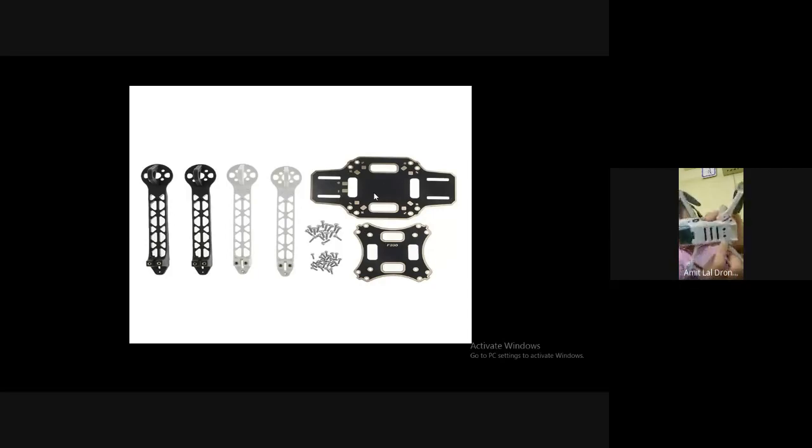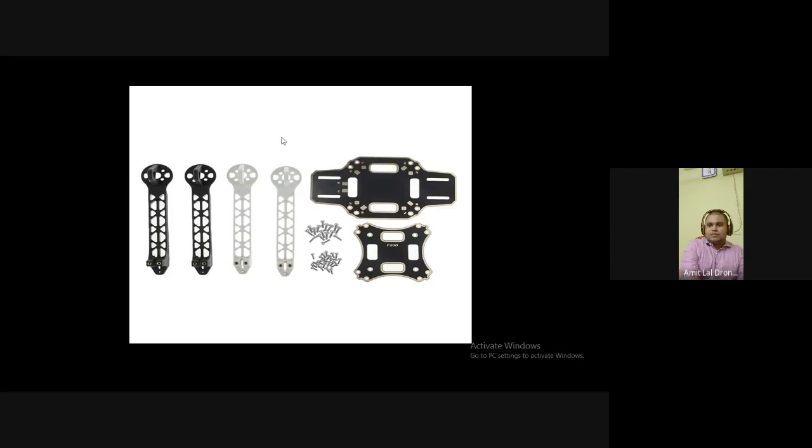Similarly, there are two sensors here. These are the sonars which help in landing. These are optical sonars. Similarly, the base plate takes most of the electrical part of the work. And you can see there are solder joints here. So what happens is you can solder your ESCs to the base plate. You don't separately need to wire them up to the battery.